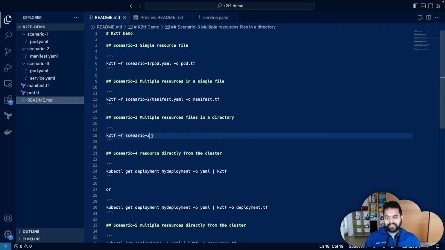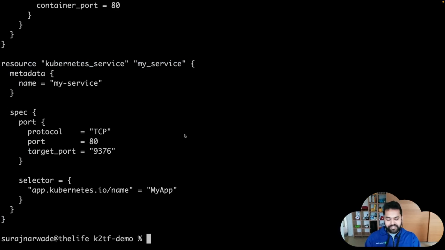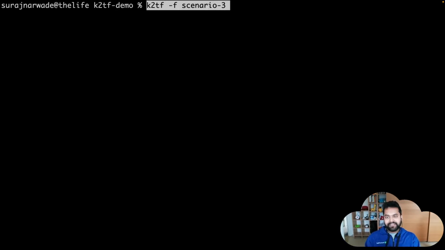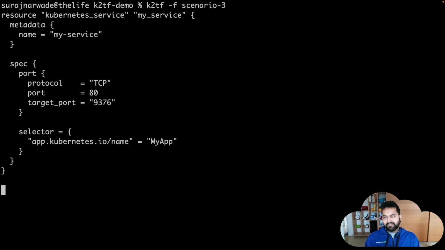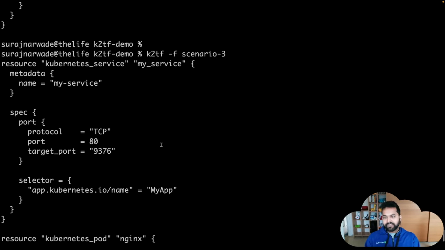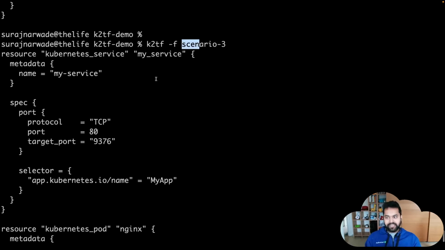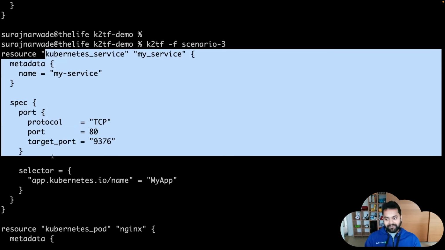In this case, with the -f flag, we can straight away pass the directory name and it will give us the output. As you can see, we simply pass the directory name. It fetched all the files inside that directory, got all those YAML manifests